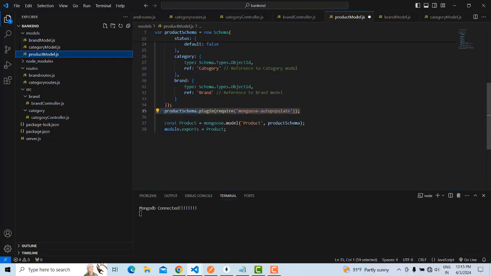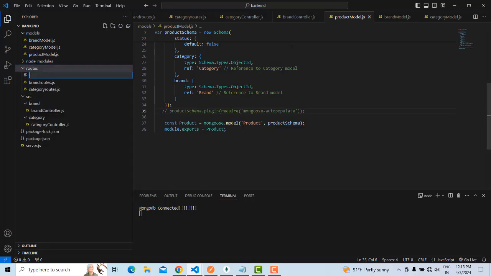run the application first. Okay, so I'm going to comment it out. So let's do the things. The model is finished. Now I'm going to create the routes, which is the products route. So we have to write product